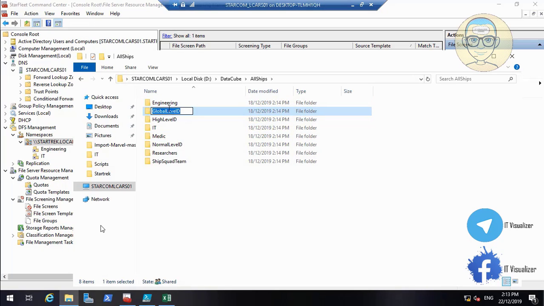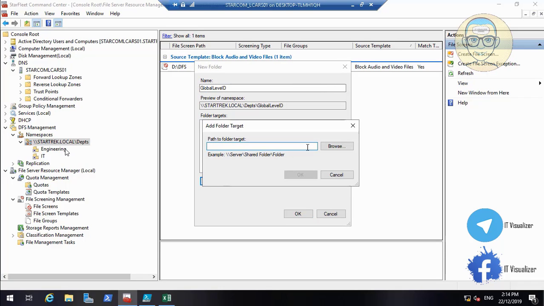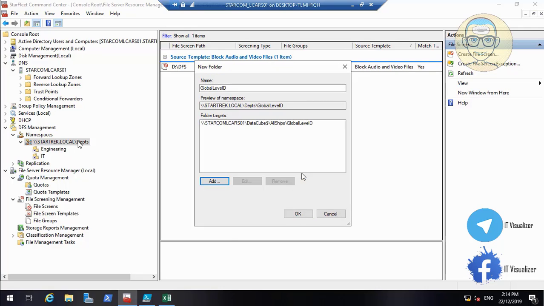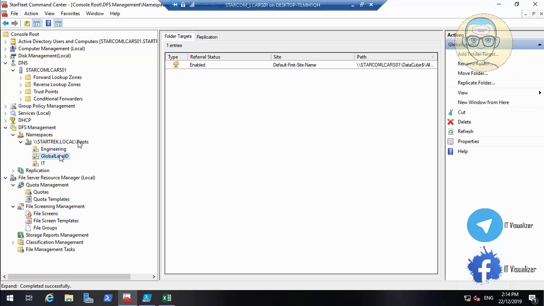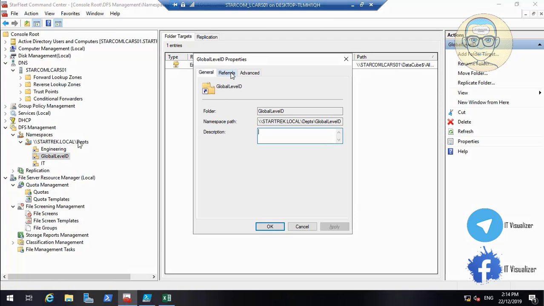So here I have only two folders, engineering and IT, and these two folders are pointing to the all ships engineering folder and IT folder. So now we will have another one. We will create another folder. This folder will point to the global level ID. So this is a folder, name it global ID. Okay, so we have it, and this will point to the all ships global folder,